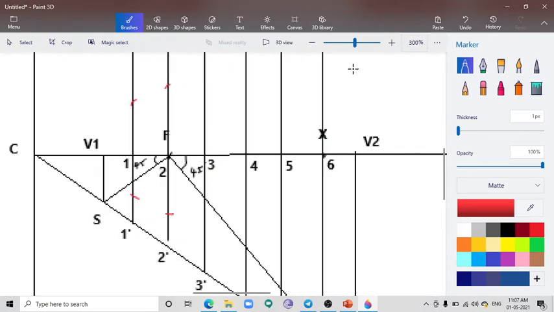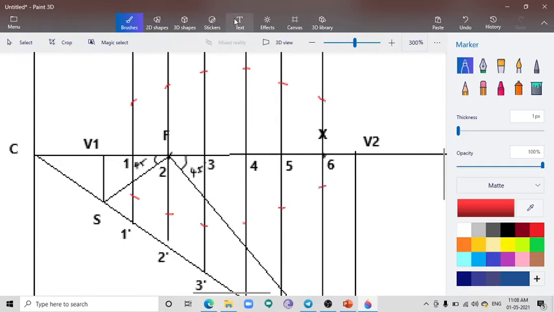Then the distance between 3 dash is to be measured, with the focus as center. We have to cut two arcs, one above the reference line and another one below the reference line. Similarly, for the 4 dash line, 5 dash, 6 dash, and finally